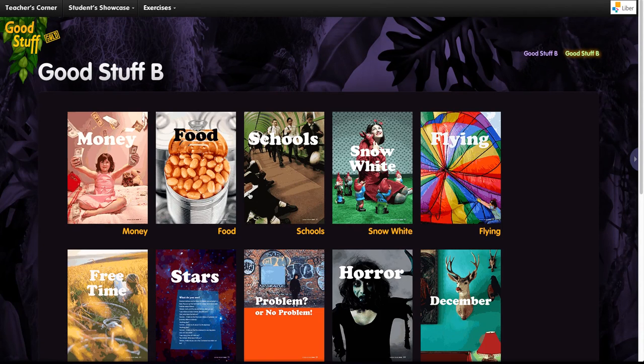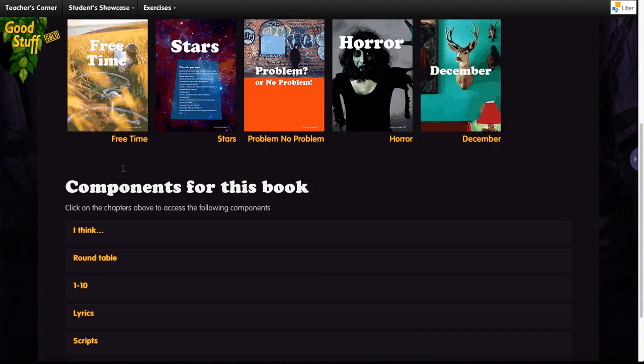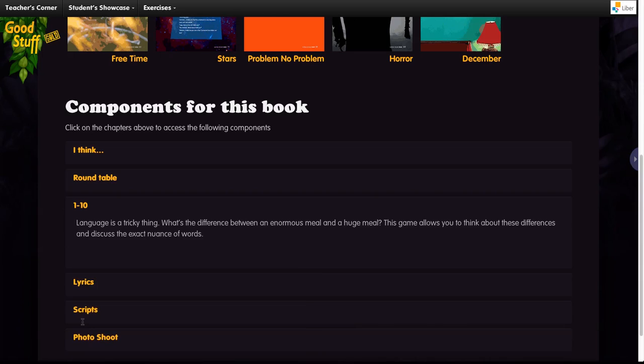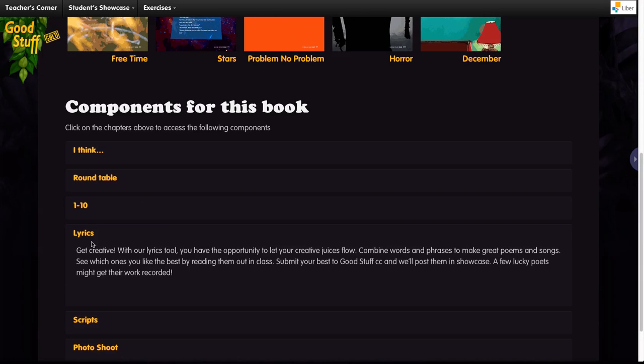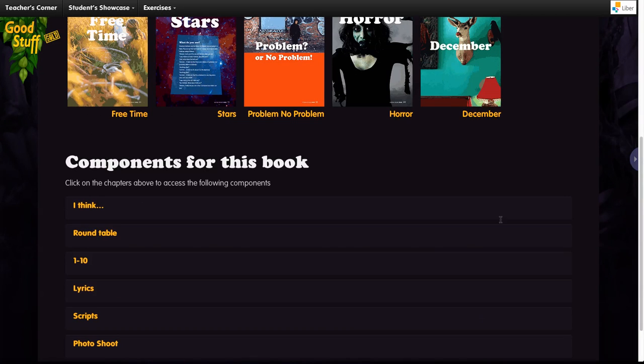Up come the covers of the chapters. Underneath we have components for the book. These are the names of exercises. Important to note here that these exercises are merely suggestions. It'd be good to work with you guys to come up with some lovely exercises to really use the potential